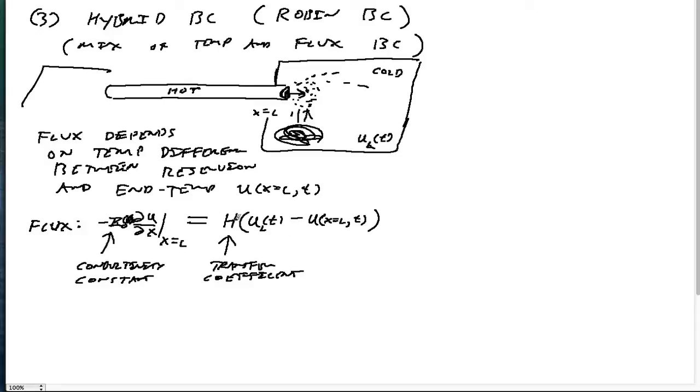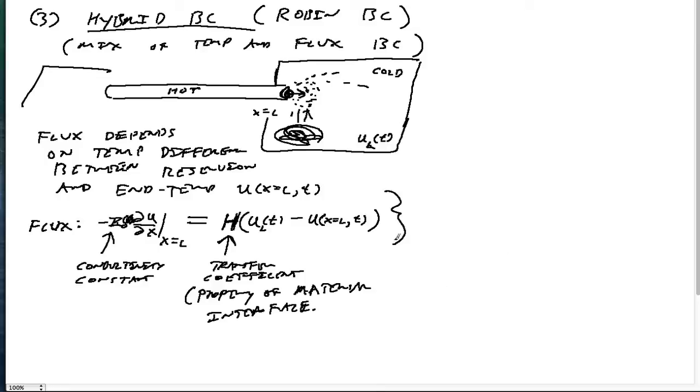So what is the meaning of H? Now H is again a property of the material interface. It's the property of the material interface at this point. It's the property of how the fluid is circulating through this reservoir. It's a property of a lot of things about the entire system, but we're folding that all into this one constant. Okay, so when I said that this is a hybrid boundary condition,